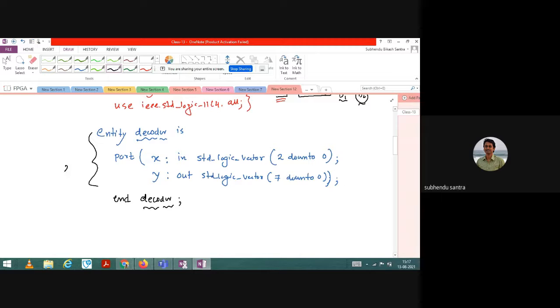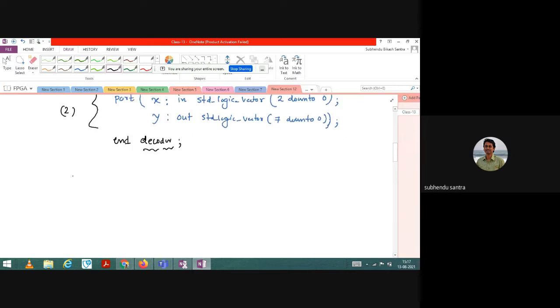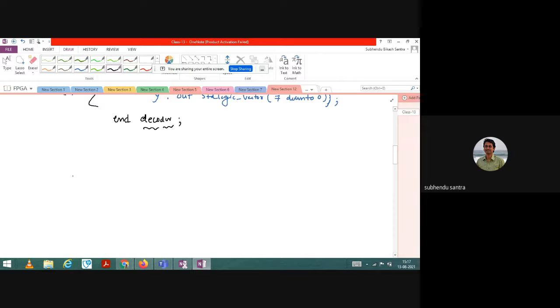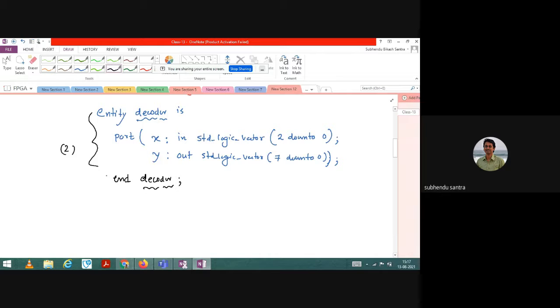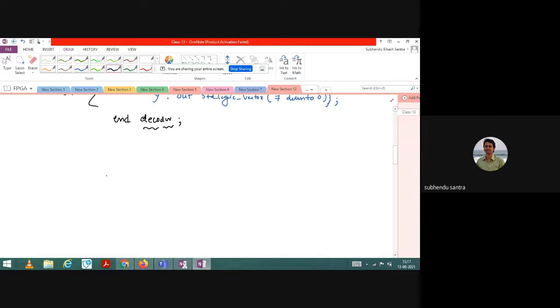Okay, so this is the second step. Now the third step is I am coming. Can anyone tell me whether I can write this instruction as a data flow model or a behavioral model? Behavioral model. Why? Because I do not know the X input, whether it will be 000 or 001. It's a continuous variable, so how to track? There is no way. That's why I need to use architecture, or behavioral architecture, actually.